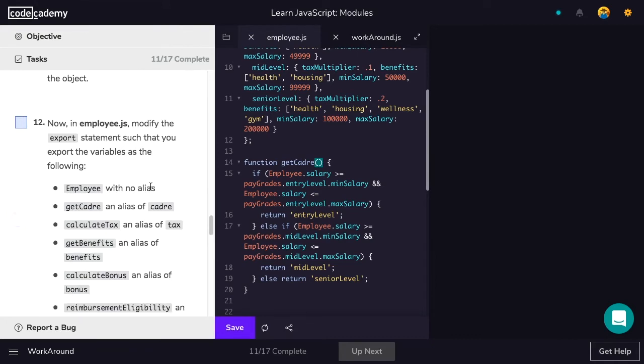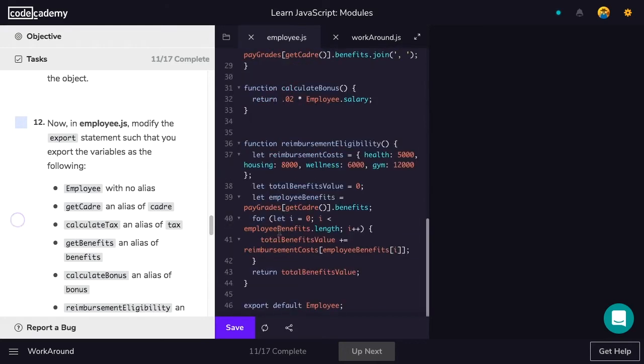Step 12. Now in employee.js, modify the export statement such that you export the variables as the following. All right, so now we're actually going to be exporting using aliasing. Okay, so employee with no alias. So that means that we're no longer going to be using the export default syntax. We're just going to be using the named export syntax. So we have to wrap everything in curly braces. Employee with no alias,